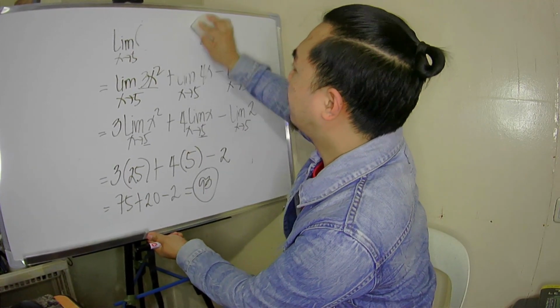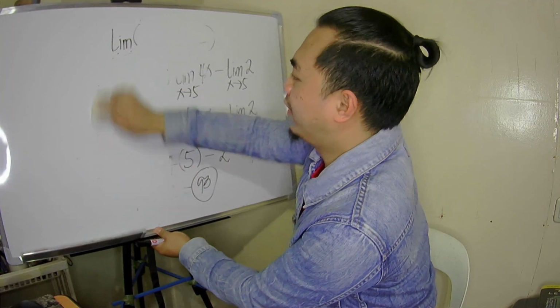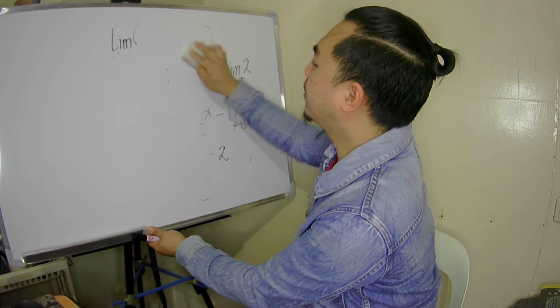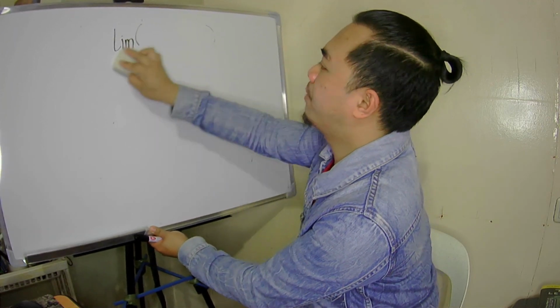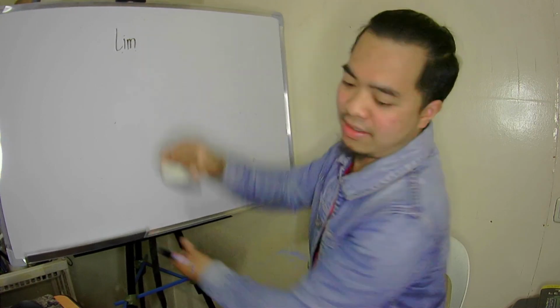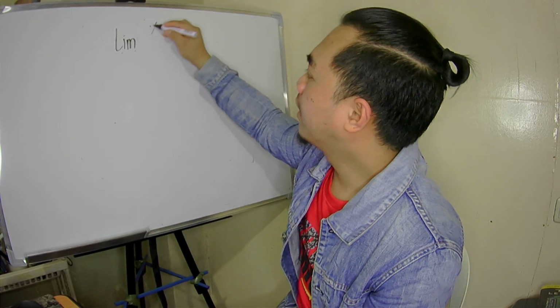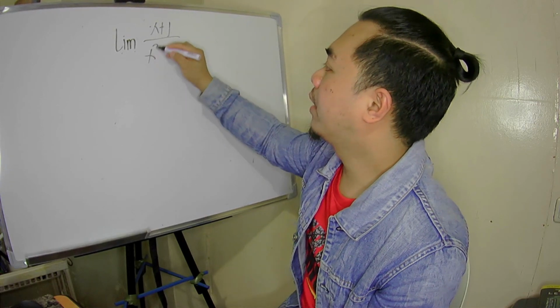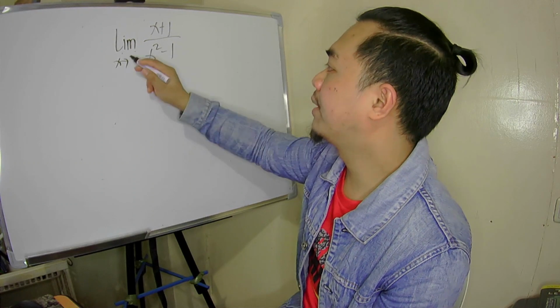Palitan ko lang ito para mapakita lang natin. Although, I do believe na it's the same. Matutundan nyo yung nasa module ninyo. I provided a lot of examples yata dyan. If that's enough for you. Sige, x plus 1 lang at saka x squared minus 1 as x approaches 3 siguro.